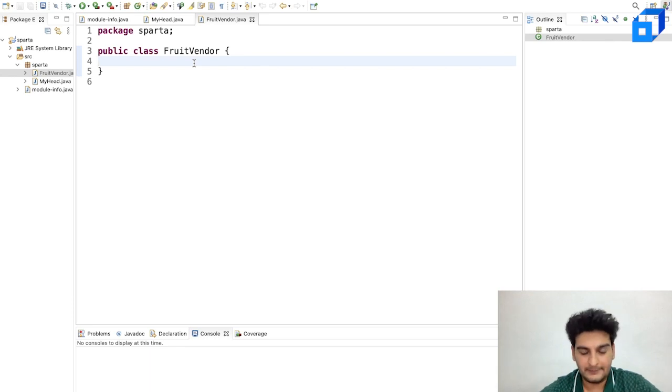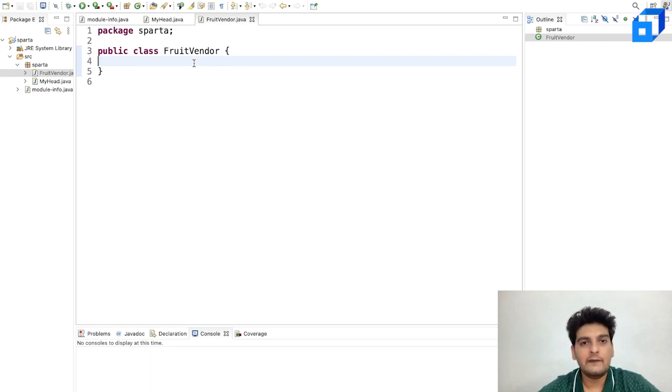So I have something called fruit vendor over here, and consider a class to be a box sort of thing. Now in that box, a class has something called features and also something called behavior. To give an example, if we take a car, it will have certain features and certain behavior. The features would be the color of the car, cost of the car, or the mileage of the car, and its behavior would be a car travels or a car stops, or maybe a car just runs over a person. That's a very bad example. So these are some of the behaviors of a car.